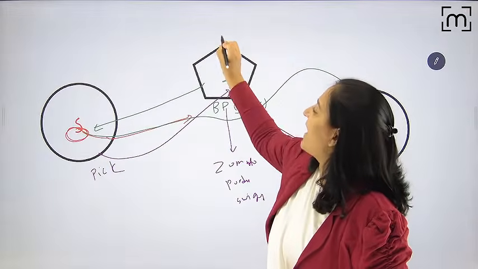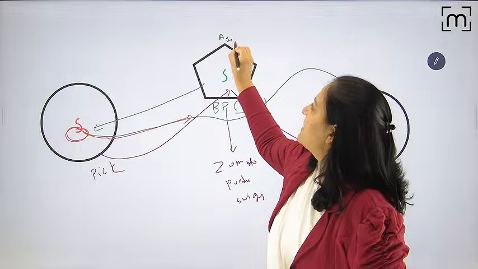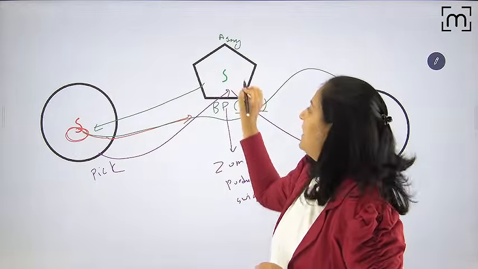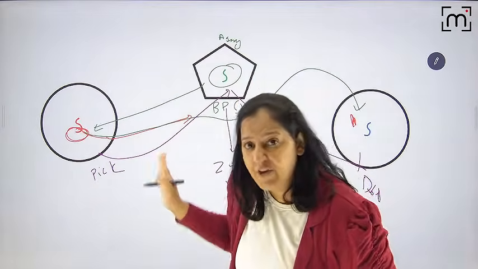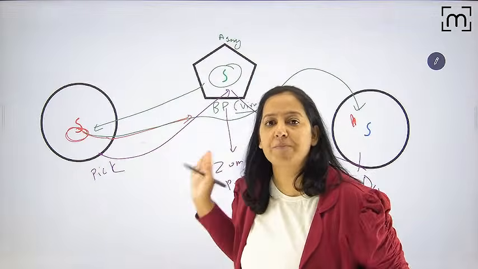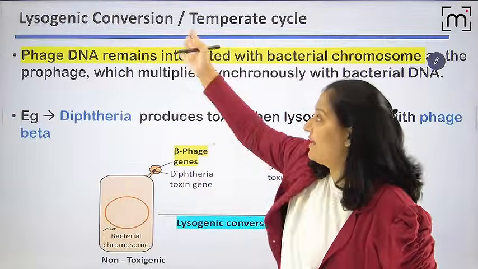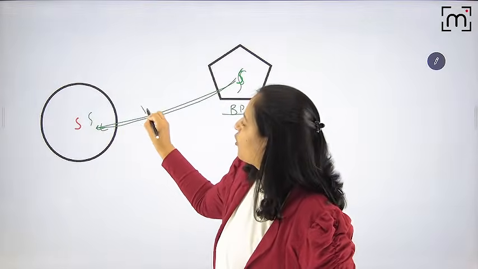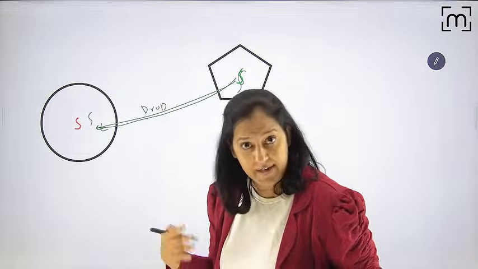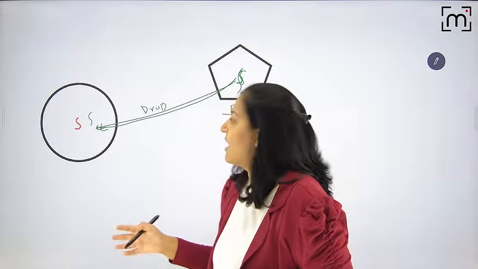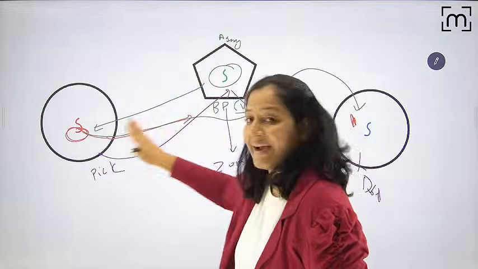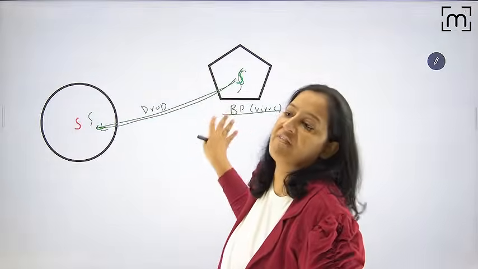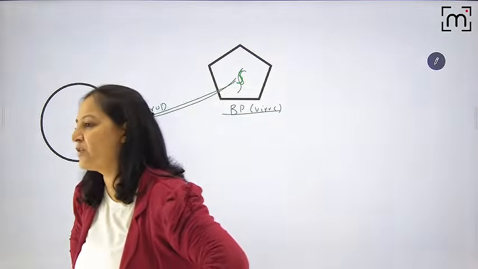Here the bacteriophage is acting as an agency, a transporter. It is just picking and dropping. Its own green color nucleic acid is not involved. It is pick and drop, Swiggy, Zomato. But in lysogenic conversion, the bacteriophage is giving its own nucleic acid. So this one is a transfer between two bacteria via a virus, and this one is a transfer between one bacteria and one virus. You get questions on that, people.